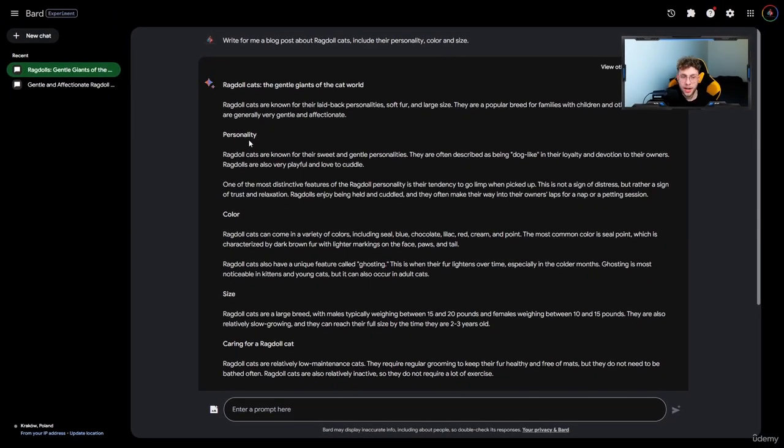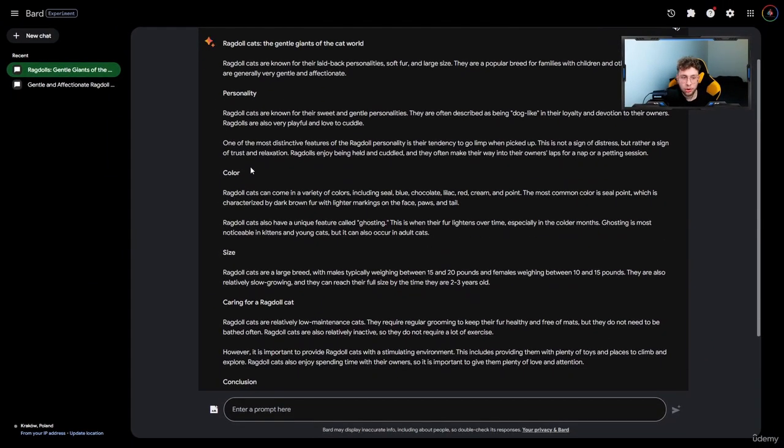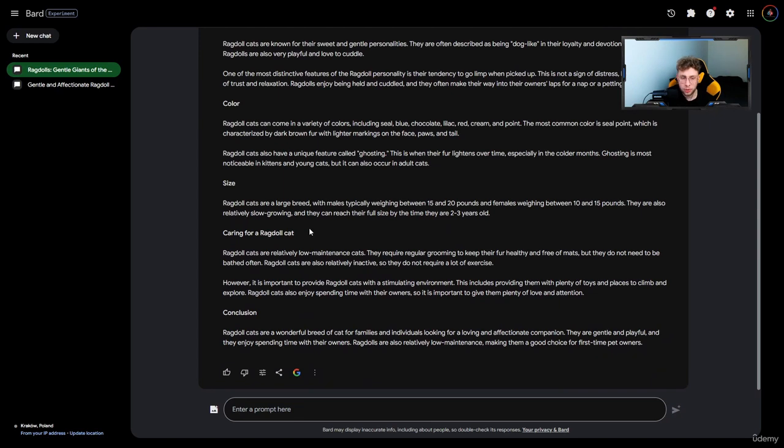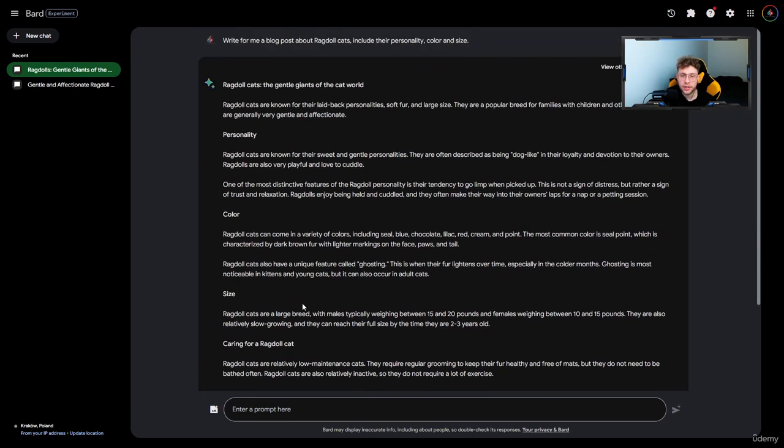Then we have what we asked. So the personality, color and the size. Also it added the category caring for a ragdoll cat and the conclusion. So this is something literally great because Google BART is a free tool and the information that it gives is really great. Nevertheless, something that is really important and you need to pay attention to is this one option,